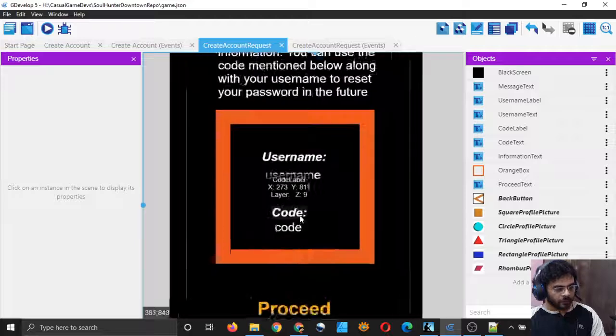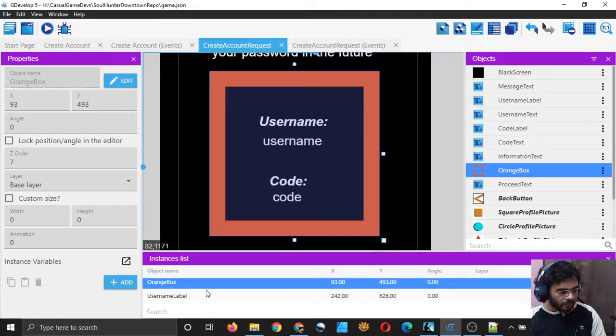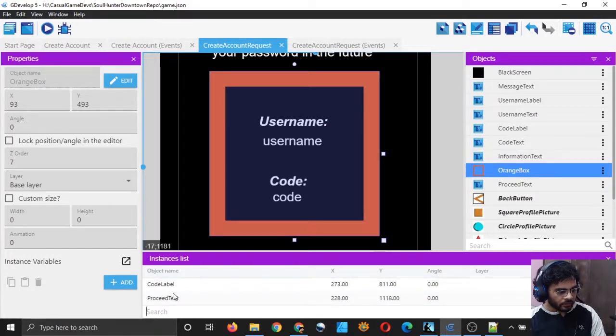And let me just drag the, oh, I can't select it. Let me open my objects editor and select my username, I mean code text.